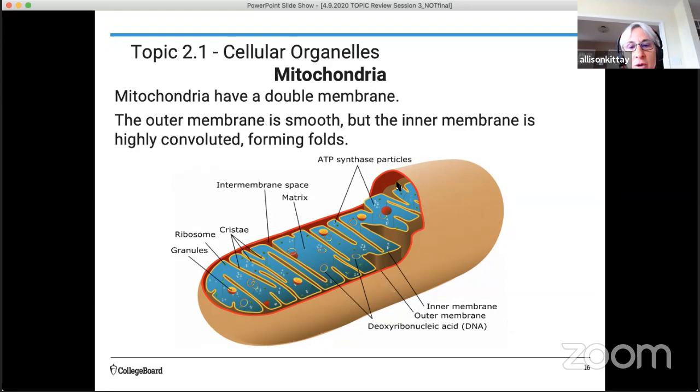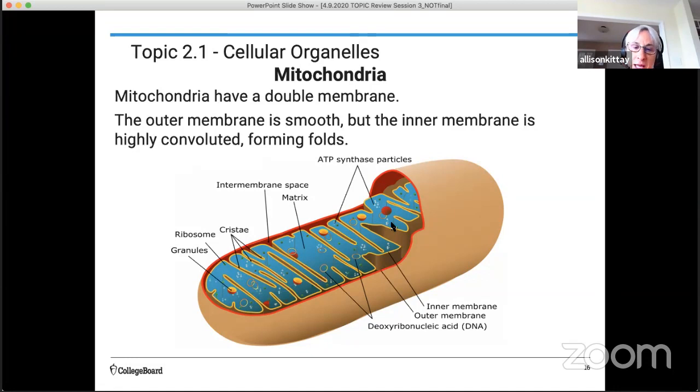So the outer membrane is shown here in red. The outside is this tan color, but this is the outer membrane. And then there is another membrane. It's an inner membrane, and it's highly folded. It's convoluted. And again, you might be seeing variations on a theme. When we fold up this inner membrane, it allows us to increase our surface area and compartmentalize what's going on